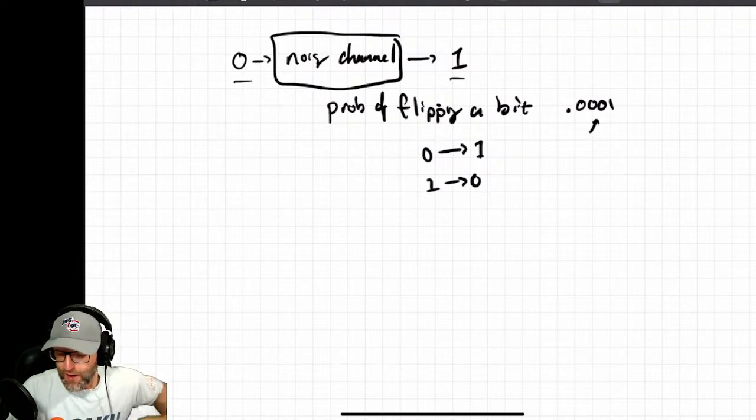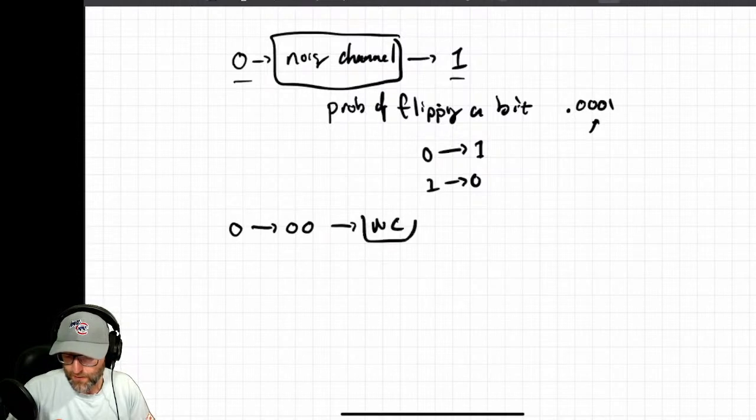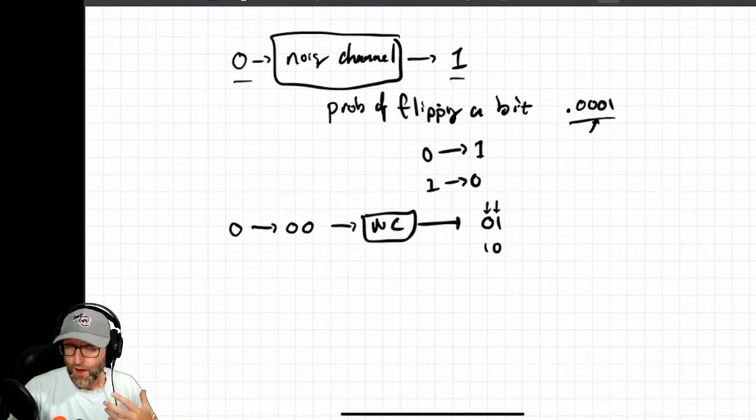Right? So here's the easy way of doing it. If I want to send a 0, instead, I'll just go ahead and send 2 zeros over the noisy channel. And if the probability that 1 bit gets flipped is very, very low, then say that I receive 0, 1, or 1, 0 instead of 0, 0. I now know, that's not any part of the encoding that I know of. One of these got flipped. Was it the first one or was it the second one? I don't know, right? But that gives me an opportunity to say, I've detected